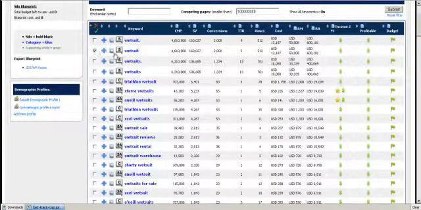So I'm going to look at wetsuit, and what we've got here is the grid. You can sort this ascending and descending, but the primary focus of this video is just to show how easy it is to map out a single silo very quickly. So I'm going to use wetsuit. It's worth 50 grand a month once I'm ranked. It's going to cost me 13 grand to get ranked for that keyword, but I want to use this keyword